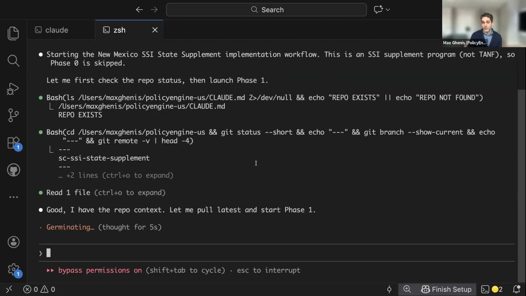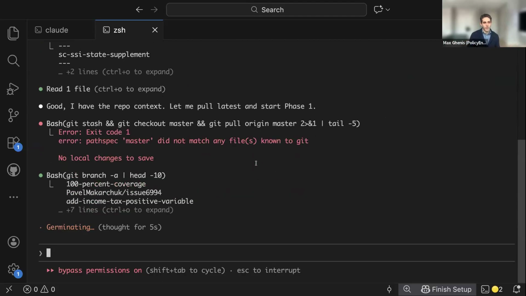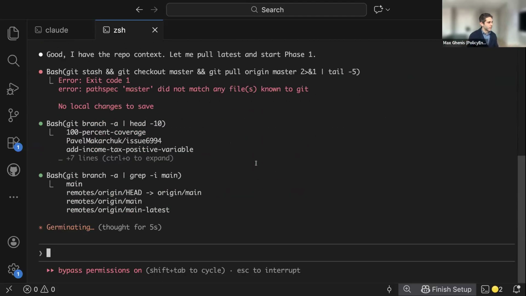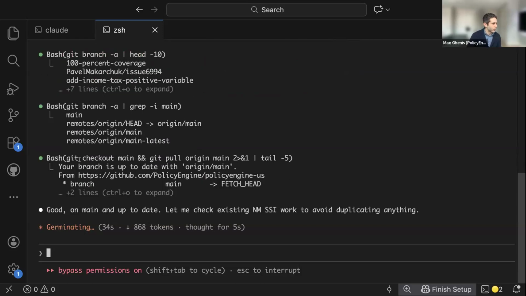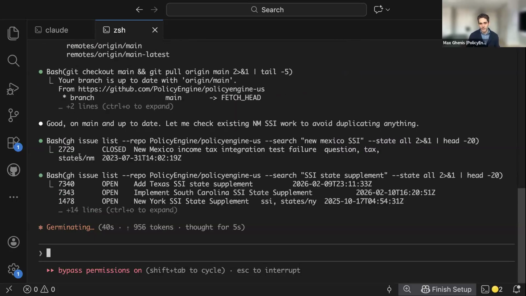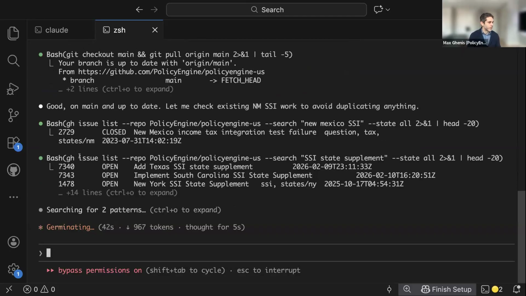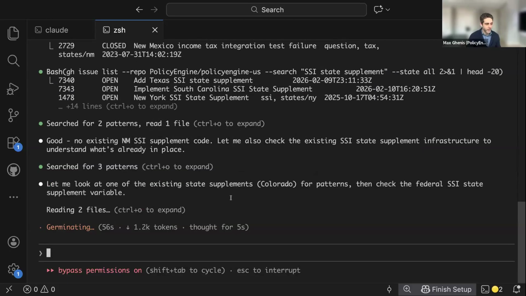But stage one is it's going to file an issue on GitHub. So it's just going to collect some of the information it needs to make a well-formed sort of task that we can document. It's doing some stuff around Git. If you've used Git or GitHub before, some of these commands might look familiar to you, but really the age of needing to know that stuff is kind of behind us because these tools can all do it automatically. So it's looking for the open issues, and we'll just go through like the first stage or two of this. It's confirming that there's no code around it. There's no existing PRs either, pull requests, sorry, sort of changes that have been proposed to enact it.